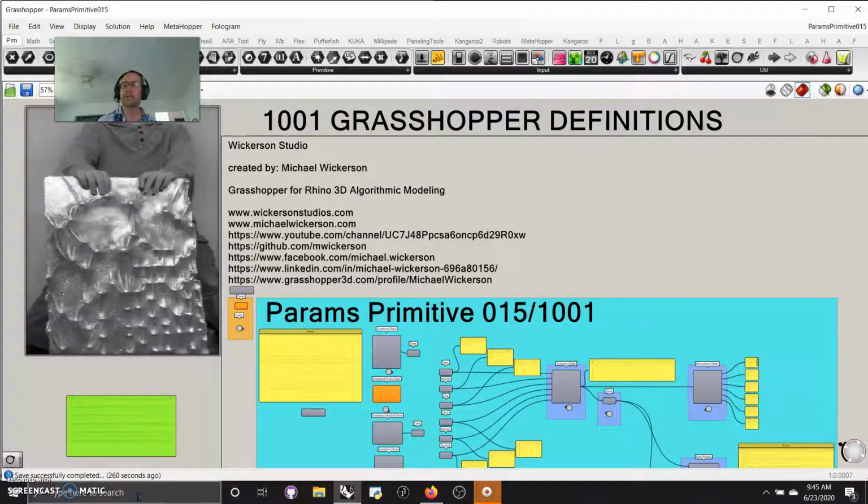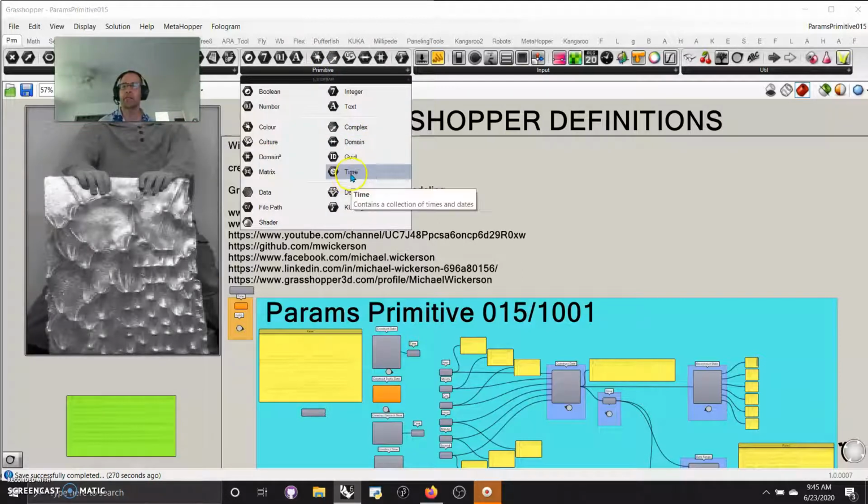Okay, welcome to my tiny head. I'm going to continue with the params. We're going through the primitive section. I am down to time, and then we'll go into data, data path, and file path, all in the same file. We'll do something with KUKA PRC command, looking at Carl Singlein's work, and then we'll end with shader, which